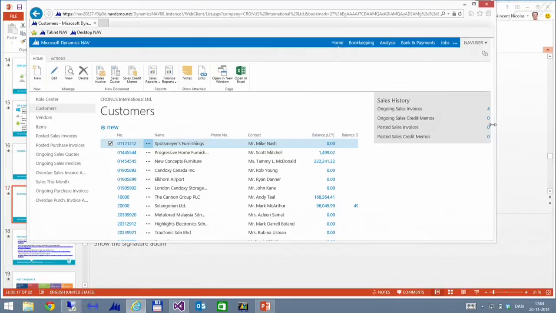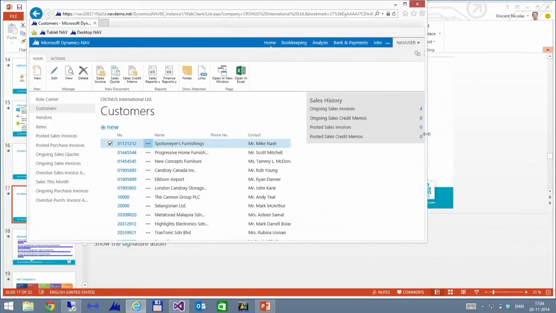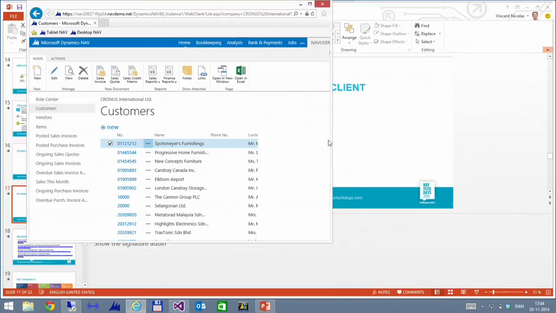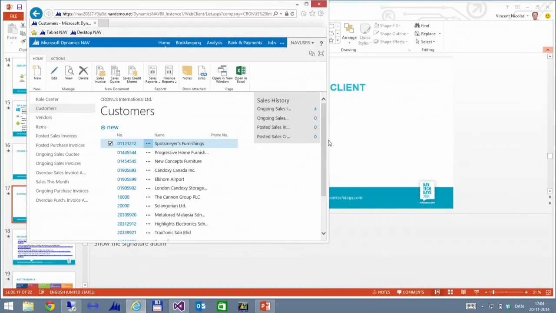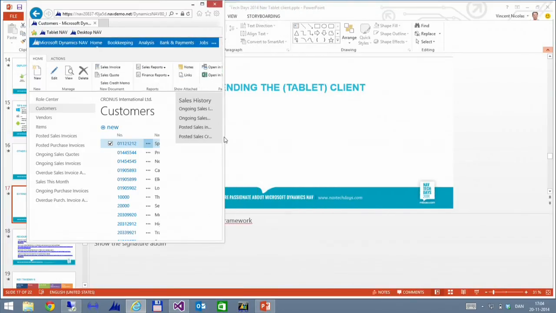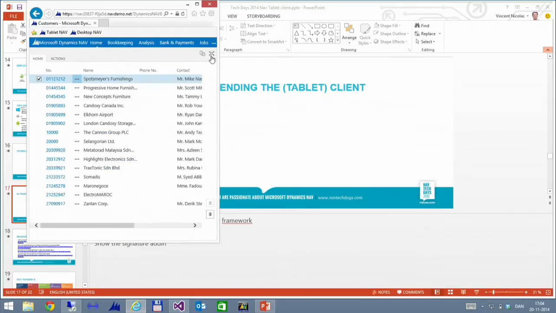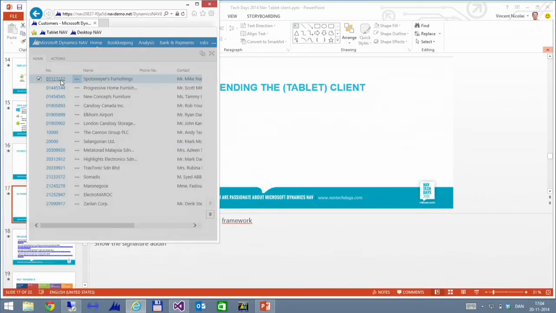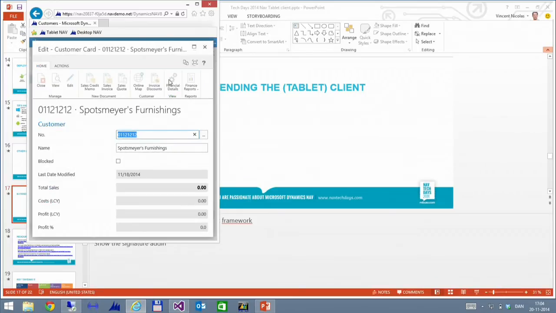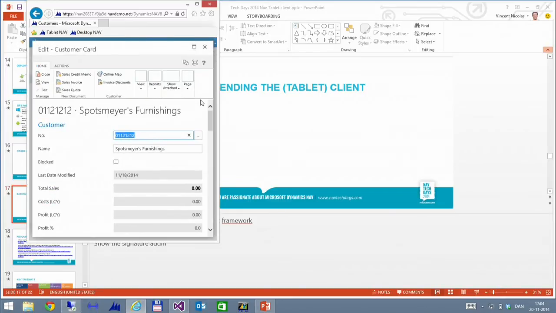But when you continue decreasing the width, you will notice that fact boxes get narrower, like this, and then they disappear in the end, so then you can actually see the list. And when you focus on content, you can get quite a decent overview of the list page. Also we did something for the document page. As you can see, now the layout, like in the tablet client, transformed to a single column layout